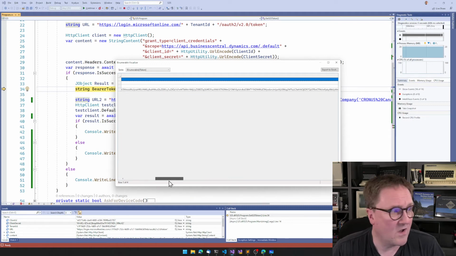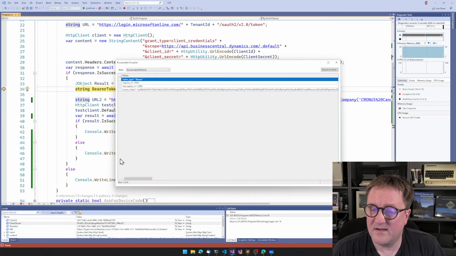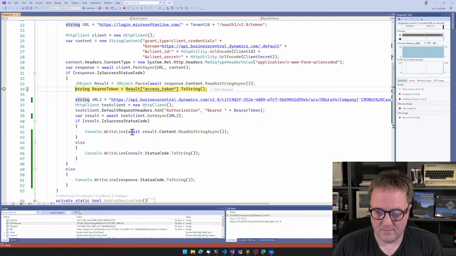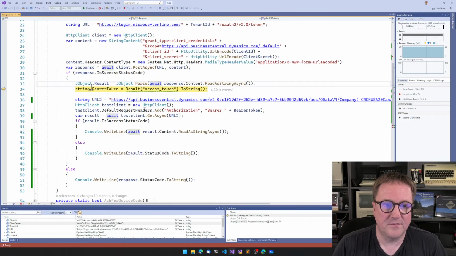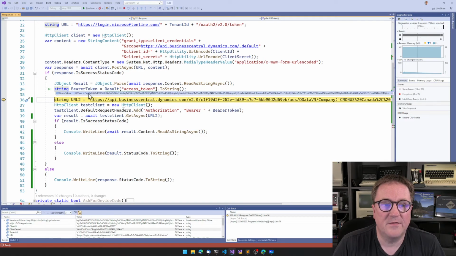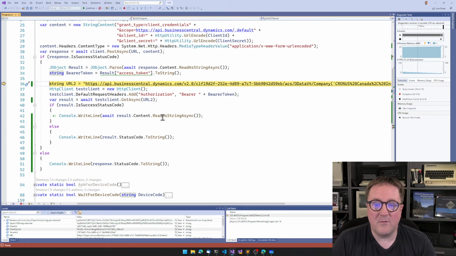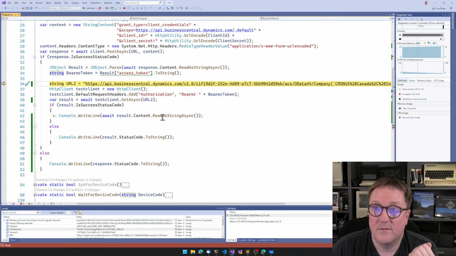So you see this long thing here, that is the token. In this case, he did not give us a refresh token. So if we ever want another token after this hour, we need to ask him again. The same question, please give me a new token. Oops. So that is very good. So now we grab the token here. So now we have the token in this variable called bearer token, and we are now ready to talk to